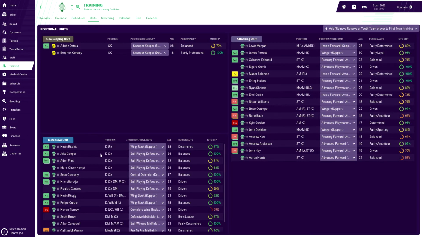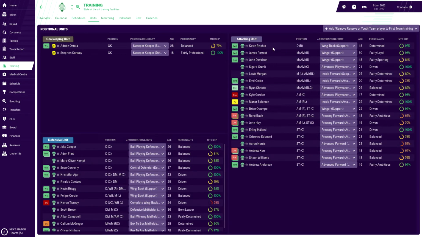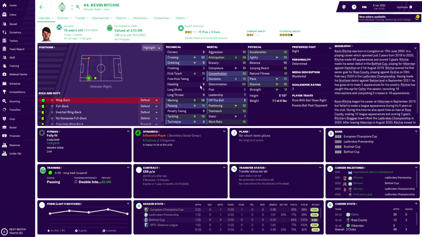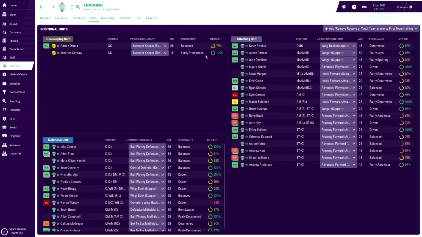Now you can put these in whatever one you want. So if I change these by position, I've got Kevin Ritchie here as a right back. If I want him to be in the attacking unit, I just drag him across. There we go. He's in the attacking unit. Now he's going to play with those in training in the attacking unit and learn to play, get his dribbling a bit better. Just get something better about him attacking. So he'll do a little bit with his marking and tackling because obviously we've got him individually set up as a wing back. But when it comes to training, he's going to be with the attacking unit,